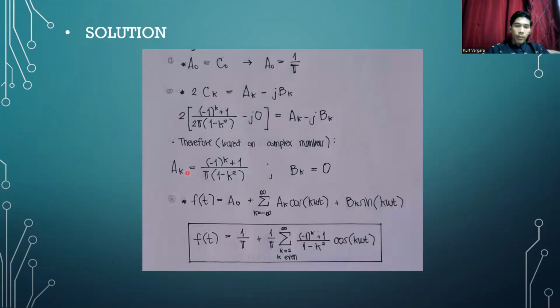So a naught is just equal to c naught, so a naught is equal to 1 over pi. In getting a sub k and b sub k, we will use this form. So first, just substitute the value of c sub k. We all know that our c sub k has no term consisting of imaginary numbers, which is